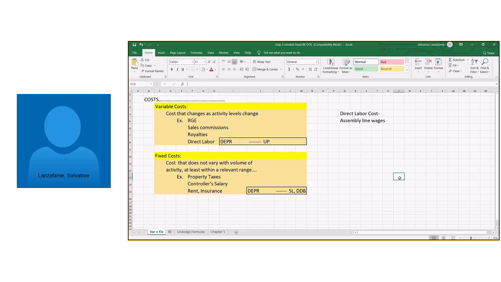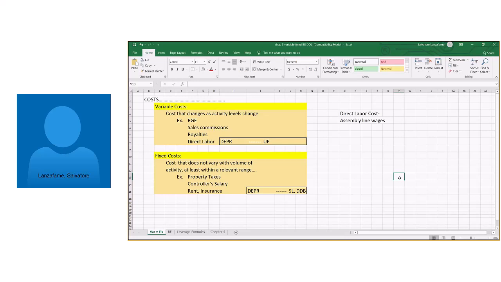Okay, so costs that change as activity levels change. So your RG&E bill, or if you're not from the Rochester area, your gas and electric, sales commissions, if you're paying your employees a percentage of what they sell, the more they sell, the more you got to pay them. So that's why sales commissions would be considered a variable cost. Royalties as well, and direct labor would be considered a